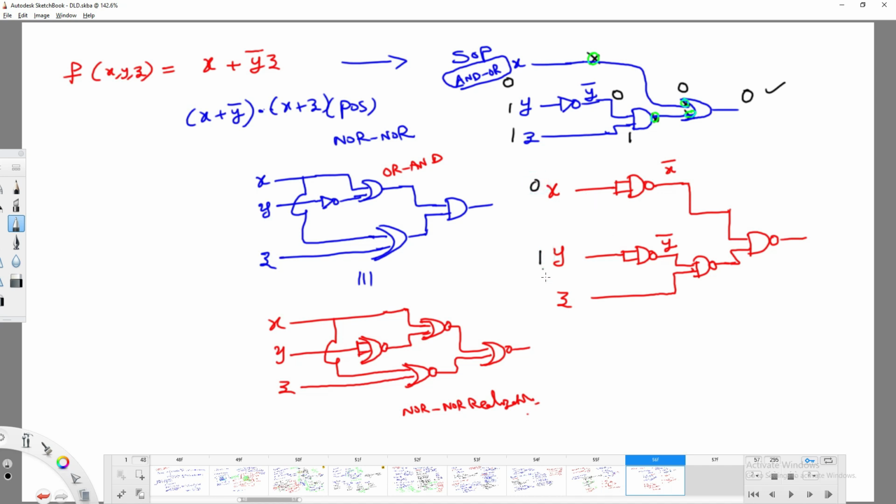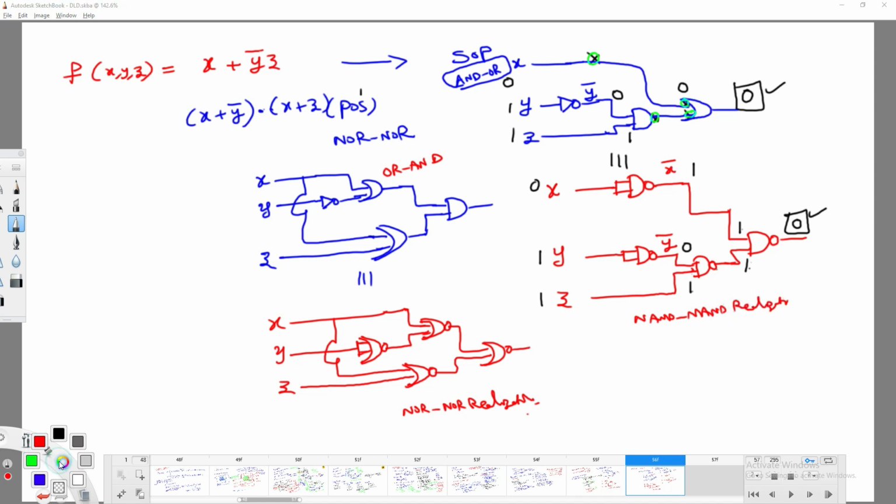0 1 1, right? 0 XOR 1 is 1, so 1 becomes here, and y complement is 0, 1 is as it is. 0 and 1 is 0, 0 complement is 1, 1 and 1 is 1, 1 complement is 0, right? Now both have the same procedure, so now these two circuits are equivalent. This is the way you can represent the product expression in terms of NOR-NOR relation, and this will be called